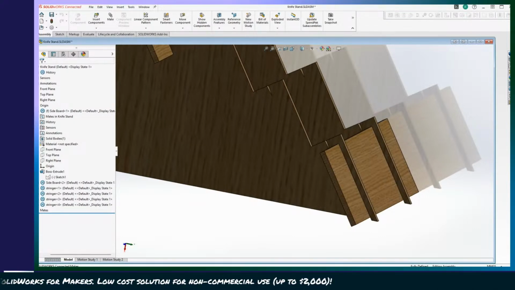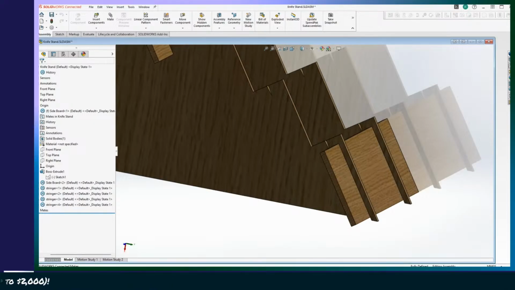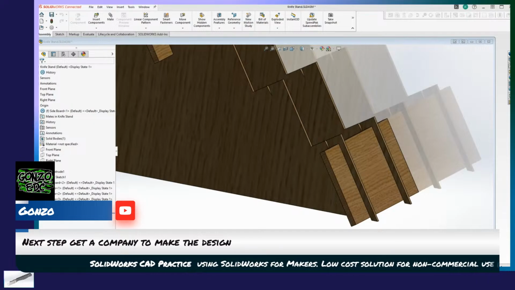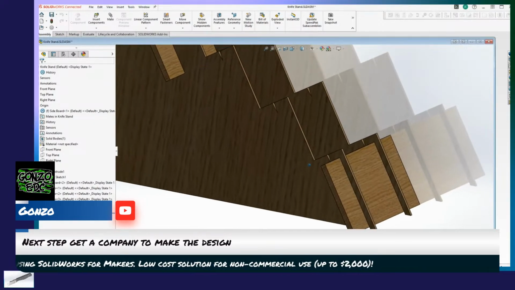What's Gonzo talking about? Are you talking about the knife, Gonzo? Definitely don't. We don't want that knife that we're designing to be made. Maybe the fixed blade. But